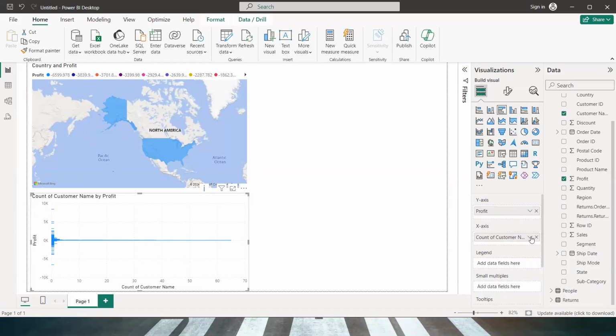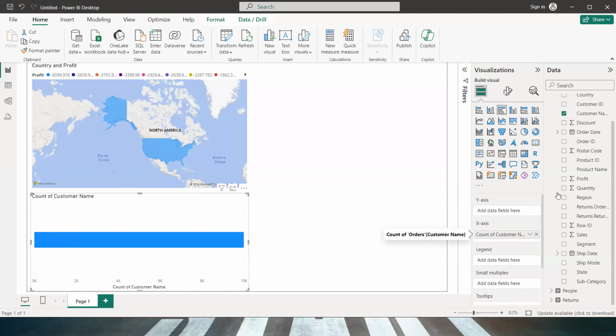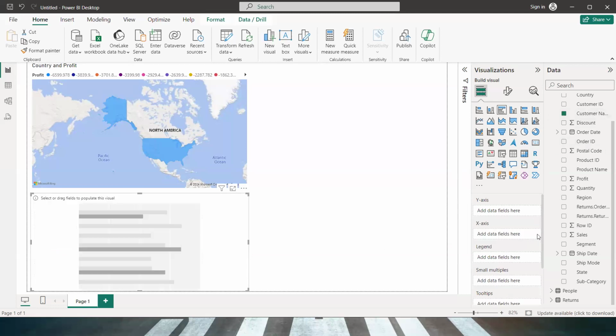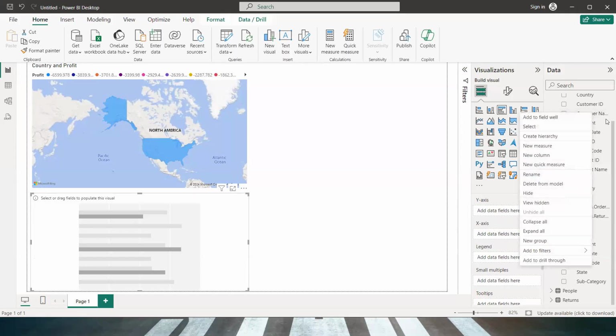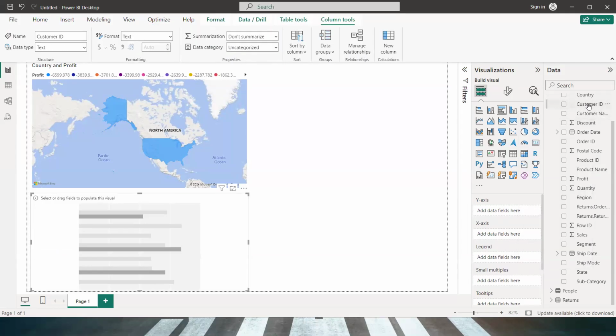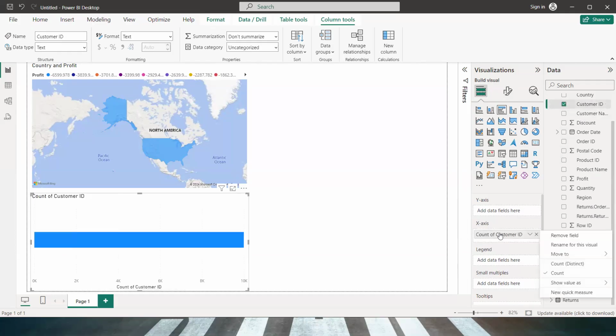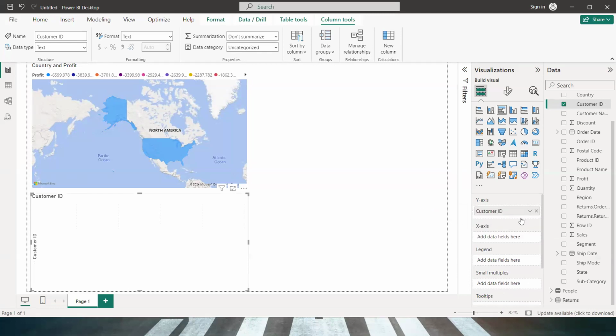It's acting a little weird here. Customer name and profit. Somehow taking it as a measure, I'll have to check that out, but customer ID and profit.